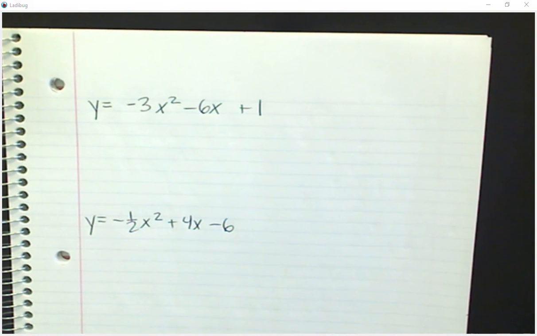I need A, H, and K. How do you get there? All you have to do is half it and square it. Half that number and square it. Okay. What I really do is